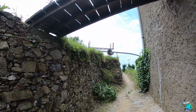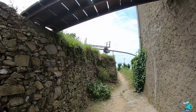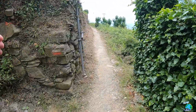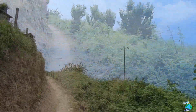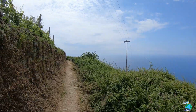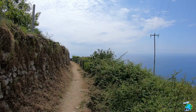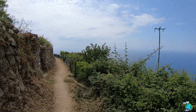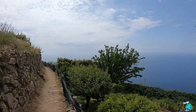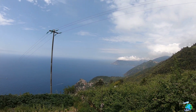And look, here you see one of those rail cars that I've shown you the rails of earlier. They are used to bring down all the stuff into the valley. So somebody is thinking, am I going through somebody's private garden? This is really the hiking path. So it is a beautiful small village up here, or a couple of houses at least, and they have this amazing view. Down there you see once again Corniglia,